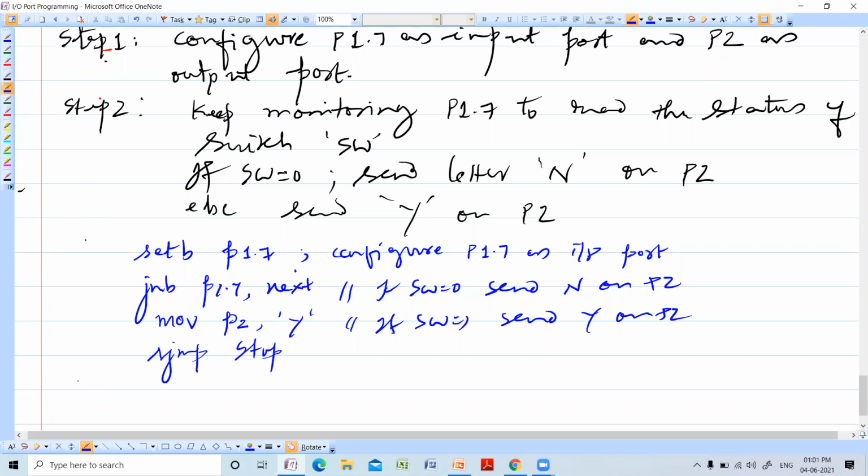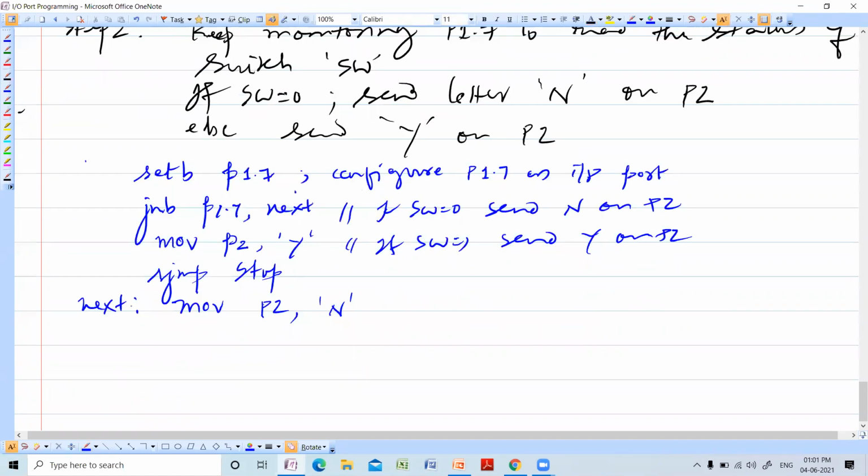So this is your next. So here you should write MOV P2, comma, character N. So this is stop. SJMP stop. END. Simple. So if P1.7 is equal to 0, you should send N. If P1.7 is equal to 1, you are sending Y. So that is the program.